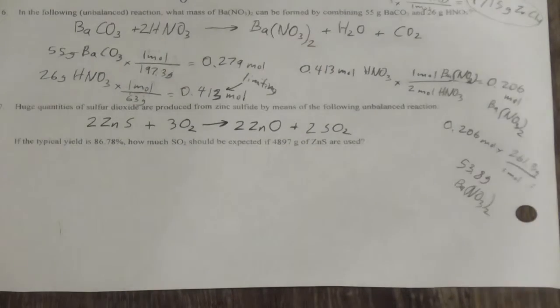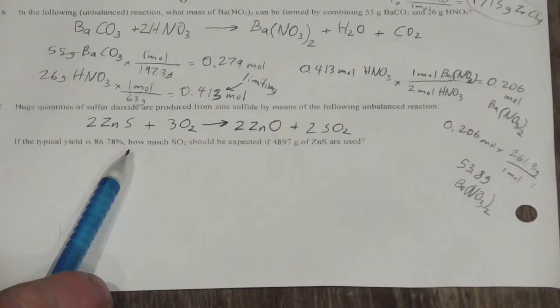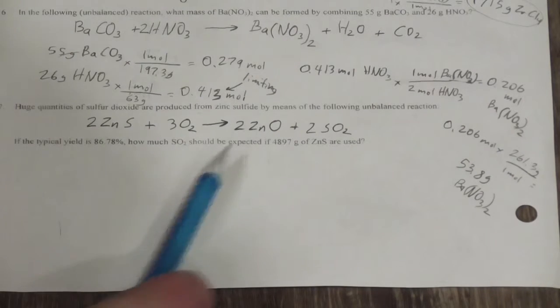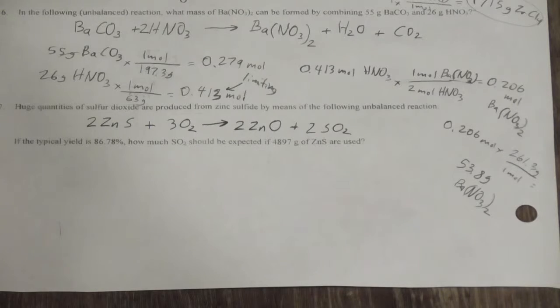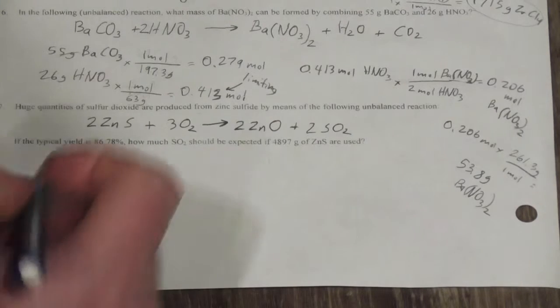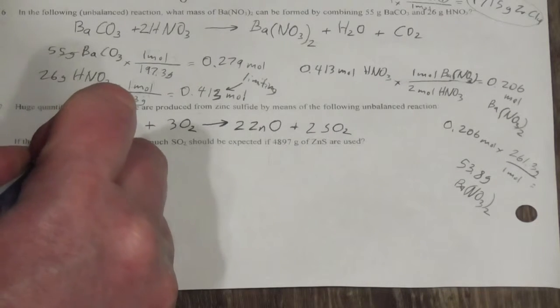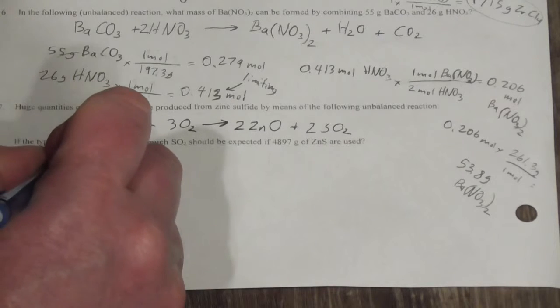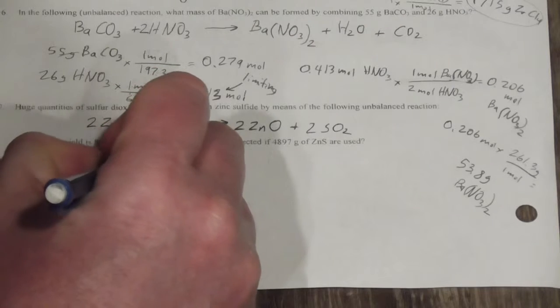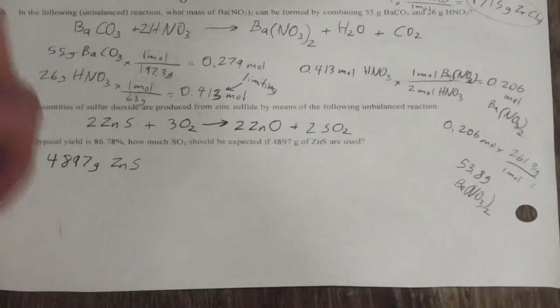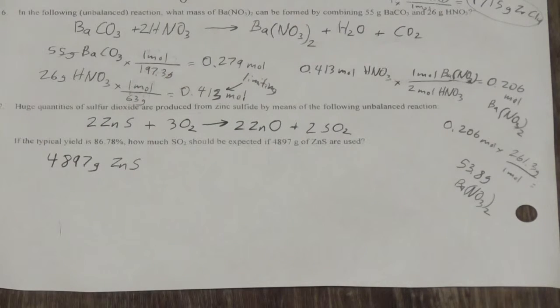So if the typical yield is 86.78%, how much sulfur dioxide should be expected if 4,897 grams of zinc sulfide are used? So the first thing would be 4,897 grams of zinc sulfide. That's my first step. Now, going to my periodic table,